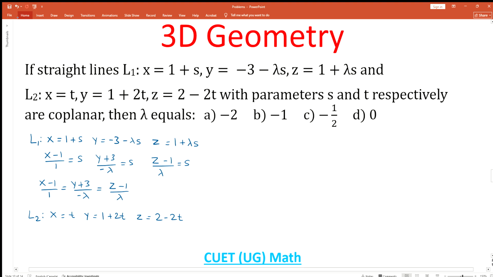In this x equation, t is already isolated, so we can write this x equation as (x minus 0) over 1. Now we can isolate t from the y equation. Next, the z equation. So the equation of line L2 in Cartesian or symmetric form is